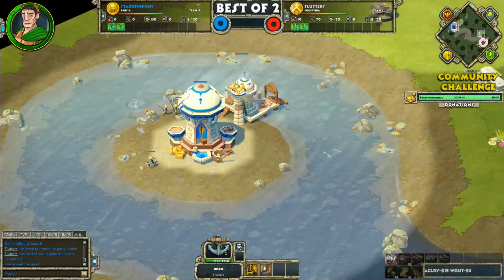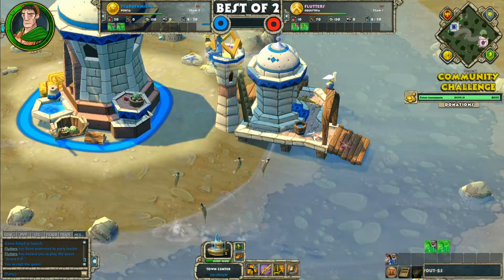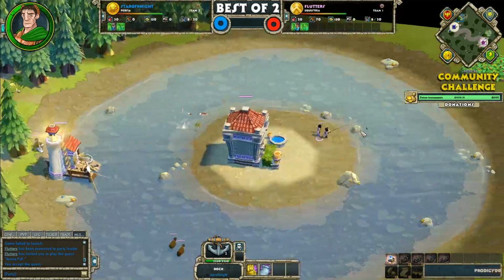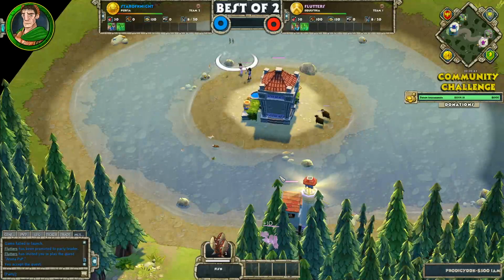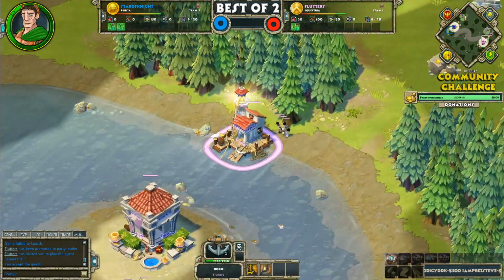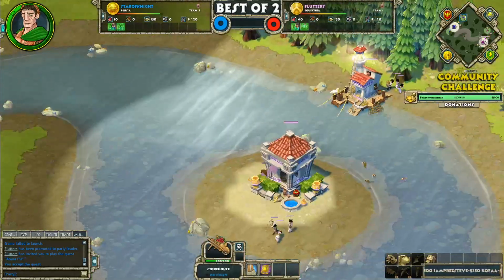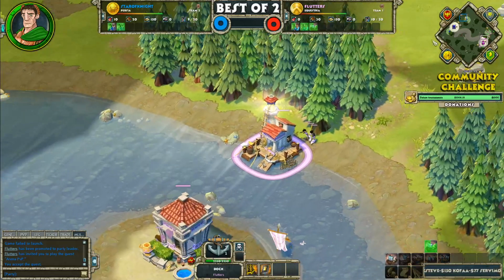Oh, crazy difference in build order already. Check this out. Star is opting to build the dock right next to the town centre, Flutters with a distant dock, a grand total of about 8 more steps away. Well, this is actually going to mean an initial storehouse from Star to gather from his woodline,